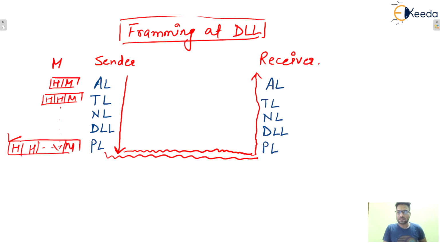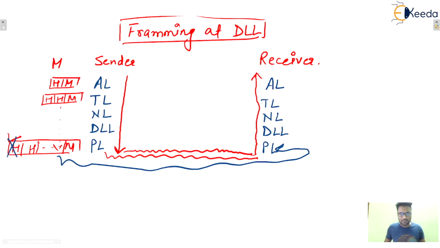So whatever functionality is to be performed, the header attached by the physical layer will be removed by the physical layer only, isn't it? So at this particular point, this header will be removed. When this data is at the physical layer, the next header will be the one attached by the data link layer, and the data link layer will remove the header attached by the data link layer, and so on. So at the sender side some headers will be added, and in the same sequence at the receiver end, these headers will be removed.